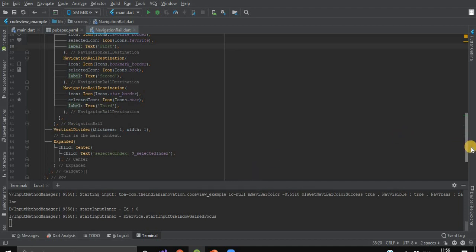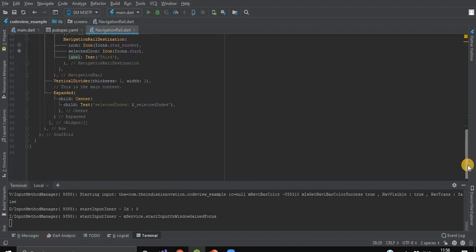And as discussed earlier, the main content needs to be wrapped by an expanded widget. So here we have created one expanded widget which is having a text, and this text will be placed in the center of that expanded widget,